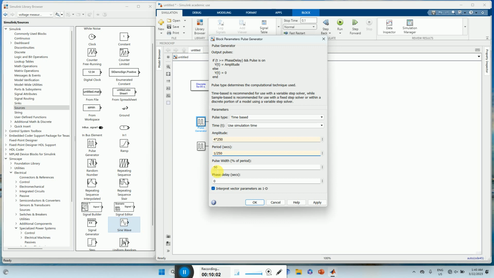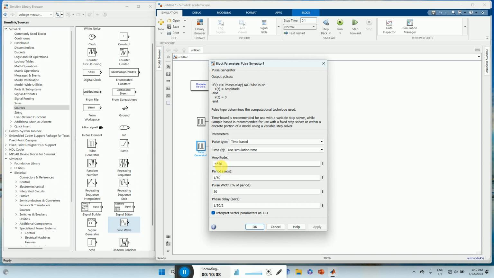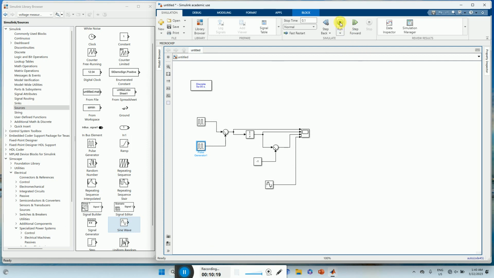This 50 is the pulse width, no changes. And here instead of 50, again I will make it 250. This is 250, this is 250. Done. Now if I run it,